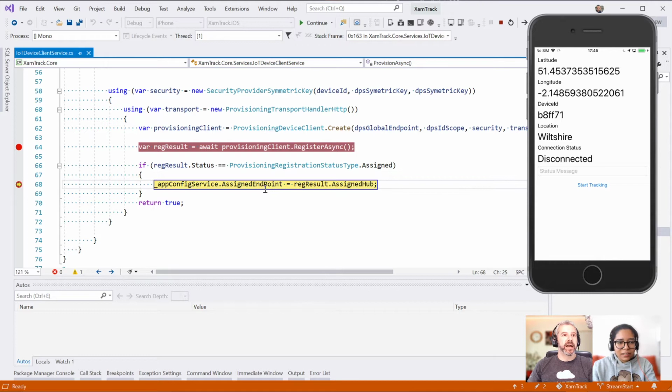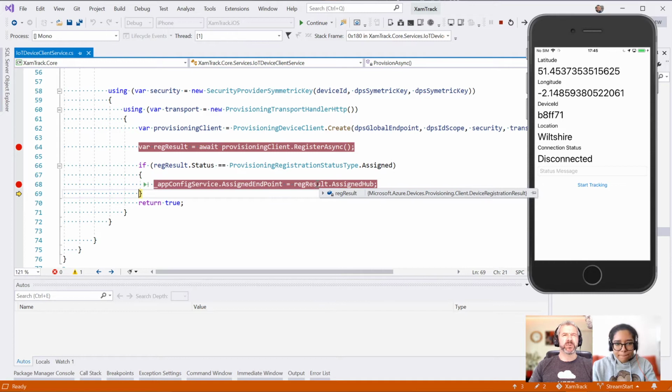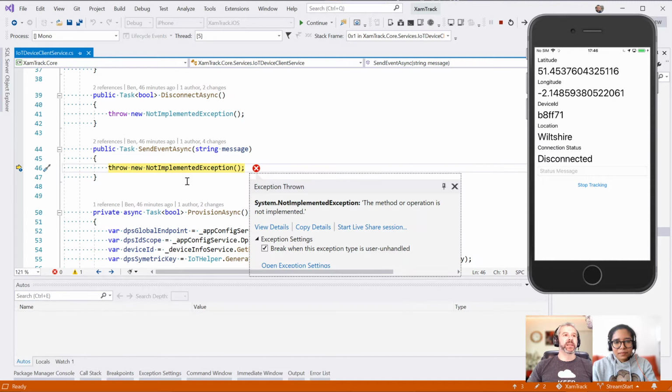We have an assigned hub, and so what we do is we use our app config service, and we will use that to store our endpoint for future use. So from that point on, rather than calling DPS every time, saying what's my endpoint again, we store that locally. And ideally what we'd be doing is within our app config service, we'd actually be storing that as a local